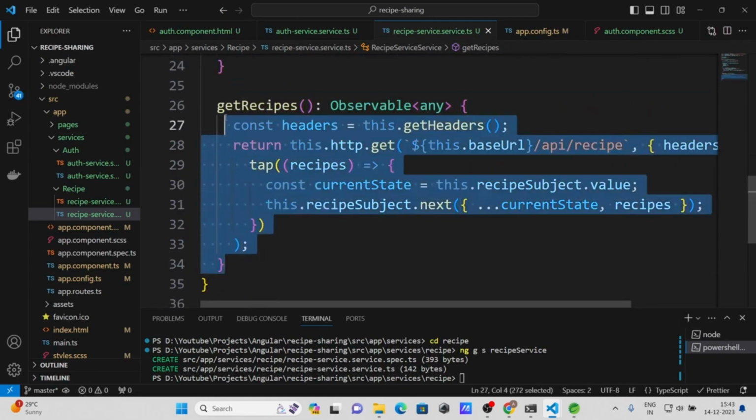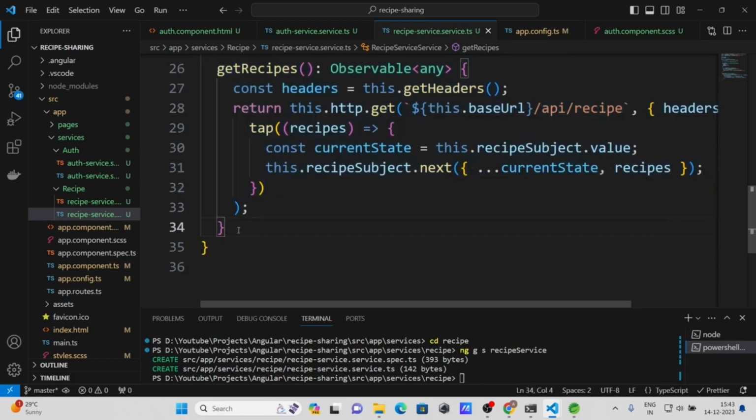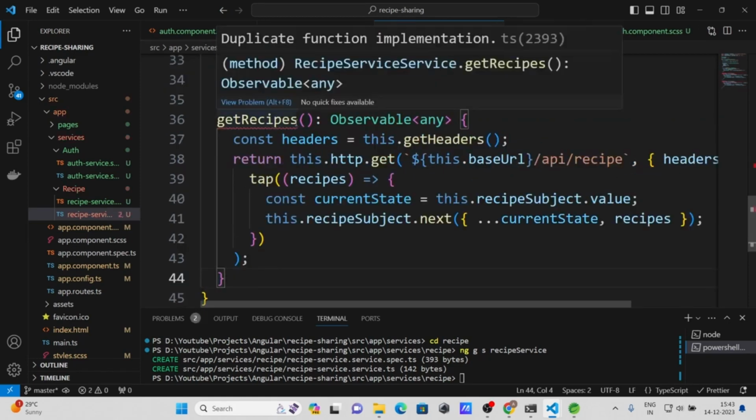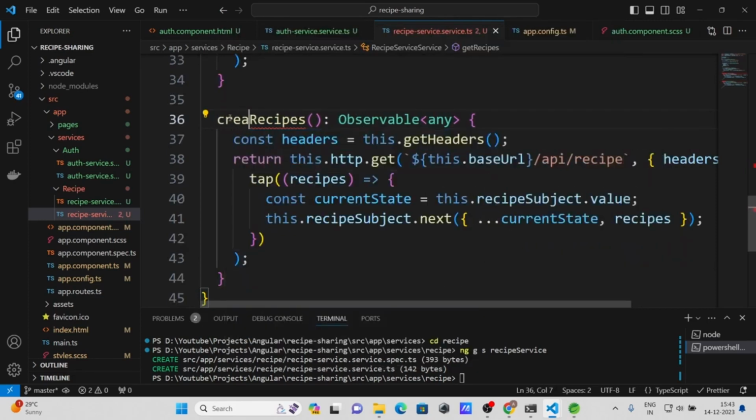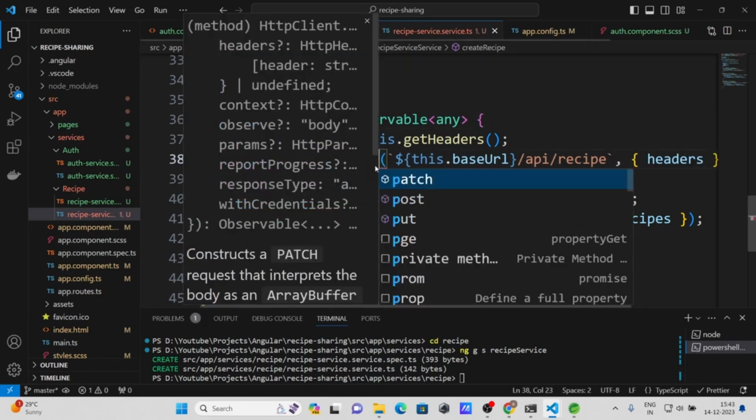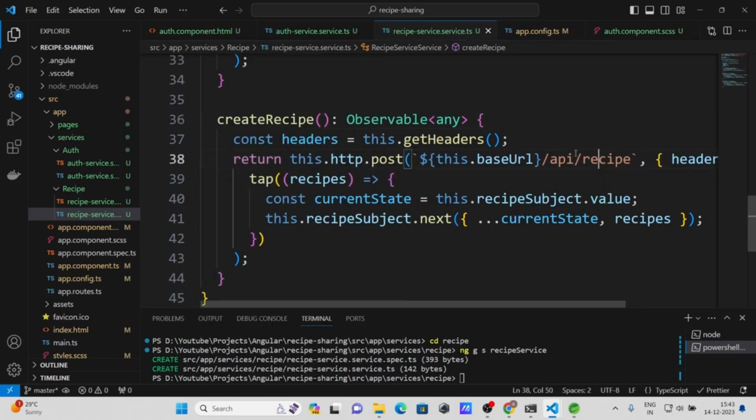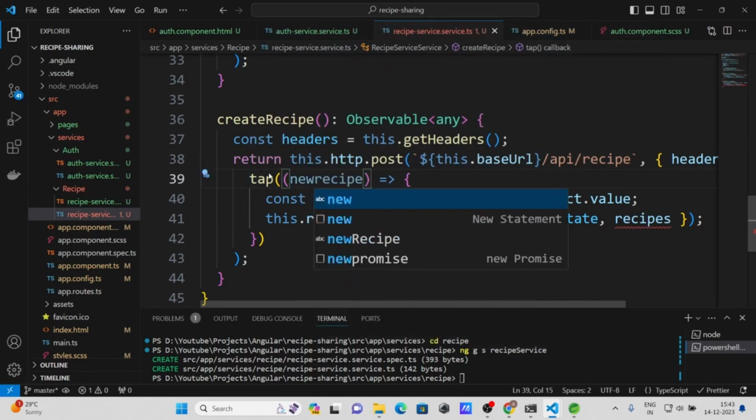Now let's copy this and write for create new recipe. Okay, so create recipe, and instead of get method I need to give the post method. Then the URL will be the same as our backend API, and here instead of recipes, now it will be only new recipe. So let's give here new recipe,